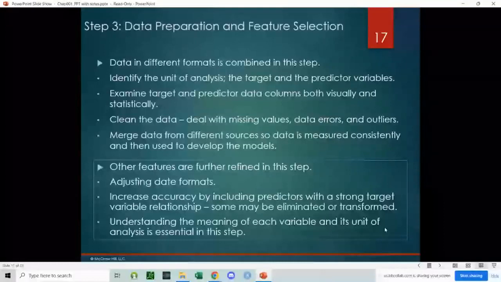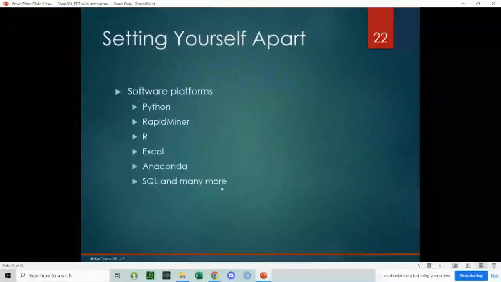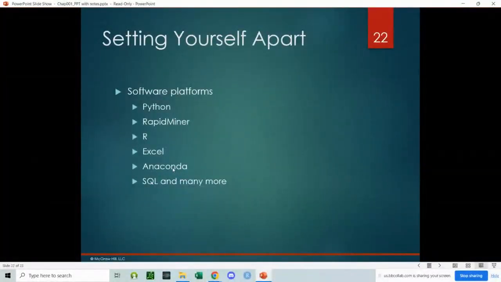We will cover several of these in more detail in this class and in the next few if you're an analytics major, as well as some of the other classes that you won't take with me. So in this class, we'll talk about, in general, Python, RapidMiner, R, and Excel. Anaconda is actually part of Python. Should not have put that there. SQL is another class, and you'll probably learn some